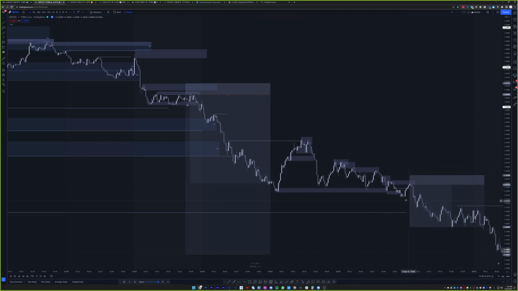Before entering on an M1 zone, I like to drop to 5 seconds, and then that can help confirm it for me, just to put your money involved and get involved in the trade. The 5 seconds just gives you a lot better feeling when it takes off like it does, and the entry model happens as well. Do you know what I mean? Price is fractal. What happens on the 1 minute happens on the 1 second. It's true. It's the garbage that you have in there that makes it difficult to see it clearly.